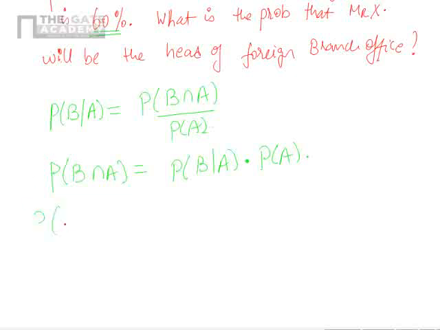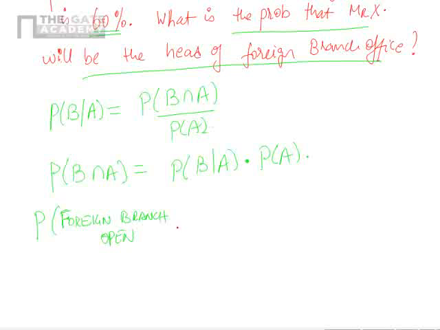Probability that foreign branch, what is asked? What is the probability that Mr. X will be the head of foreign branch office? Means probability that foreign branch is opened, intersection X is head, is what is asked. That is nothing but probability that